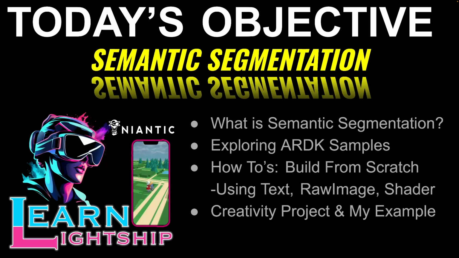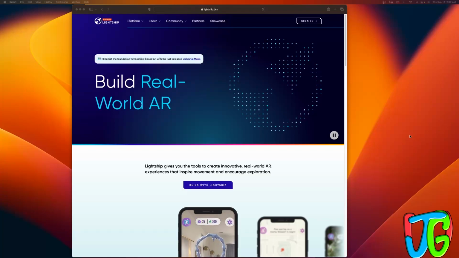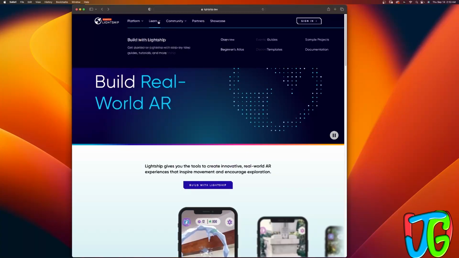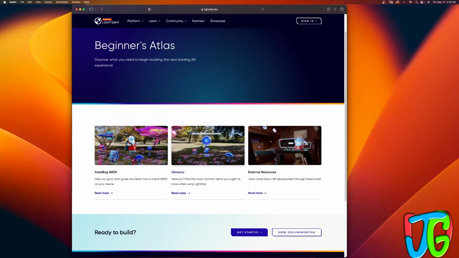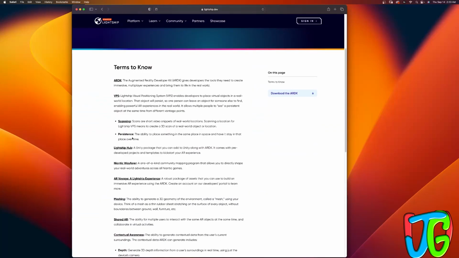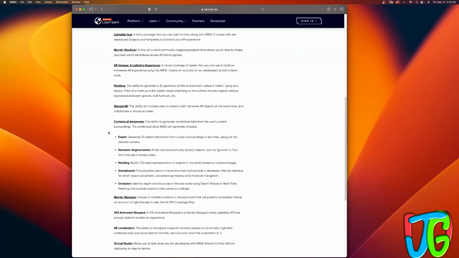This is the objectives for today. Here we are at lightship.dev and we want to learn what is semantic segmentation. So we're going to mouse over learn and we're going to click on beginner's atlas. Here we can go ahead and click on glossary, and these are some of the terms that we need to know. Semantic segmentation shows up under contextual awareness, so we need to know what that is first,